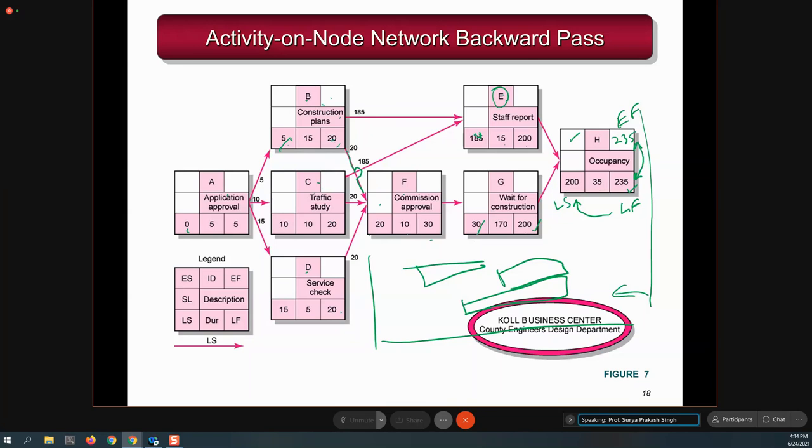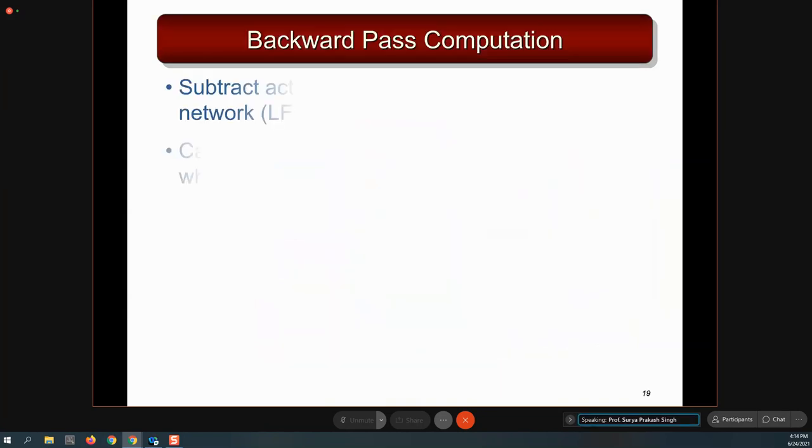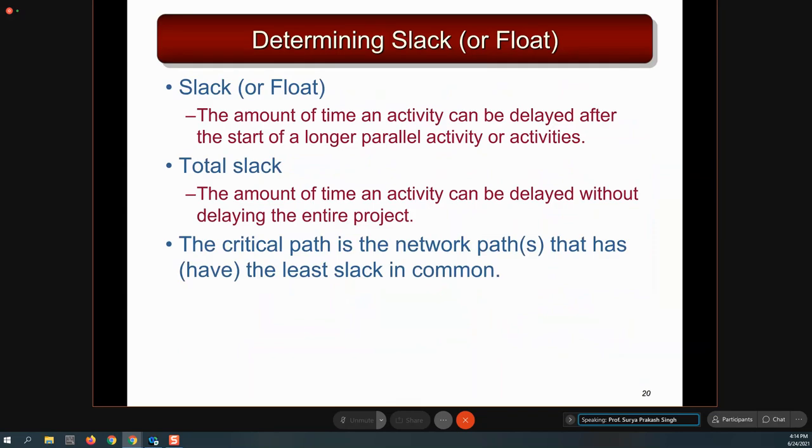Okay. Next question is, sir, they are asking about the difference between the usage of the terms float and slack. I think you have told a bit of that. Okay, so slack is a part of float. There are two types of float, free float and total float. Free float is the slack, and the total float is the total amount of slack available in the entire project. I think I might have written it somewhere. Yeah, this one. So slack is basically float.